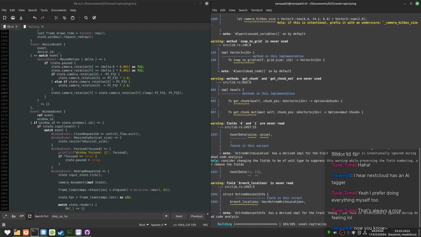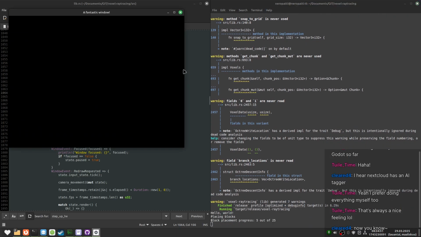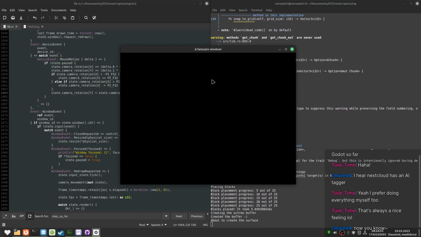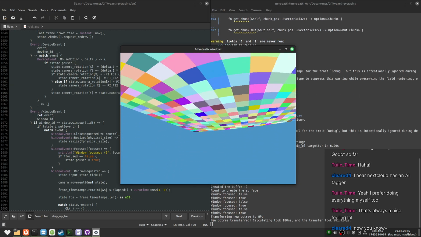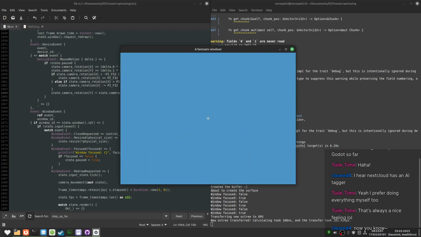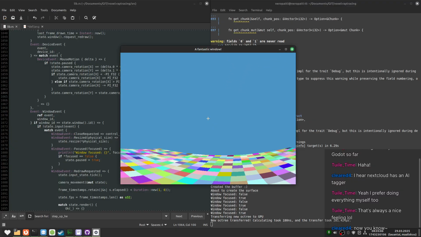Alright, does that just work? Nope. Okay, so it is restricted, but it's not restricted correctly.